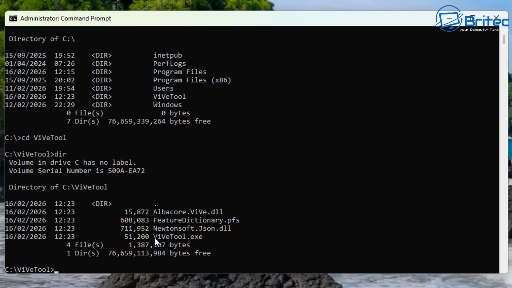There it is right there. So the ViveTool.exe is what we're interested in. Now we need to give it a command to run that ViveTool program to be able to enable our hidden feature. So type ViveTool space /enable and then space /id: and the ID number, in this case, to enable the brand new start menu. This is going to be 472052